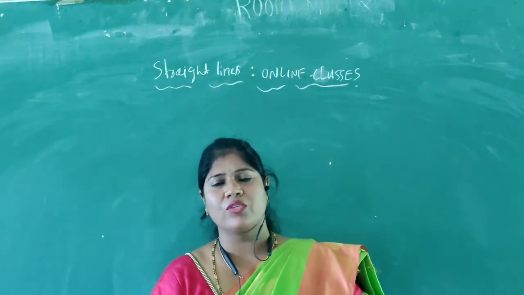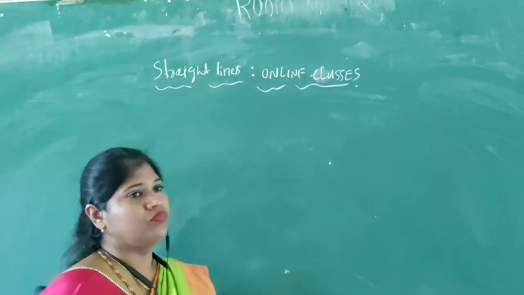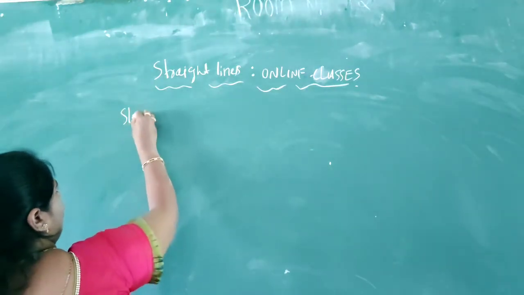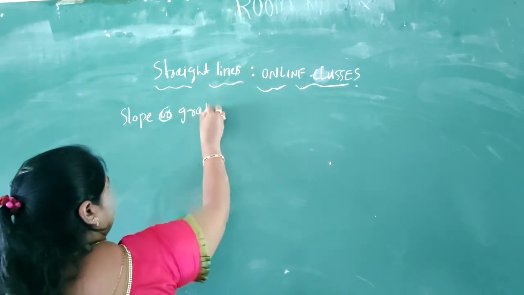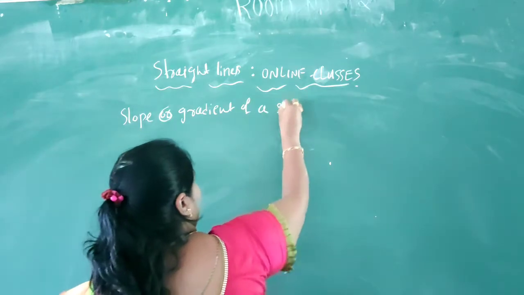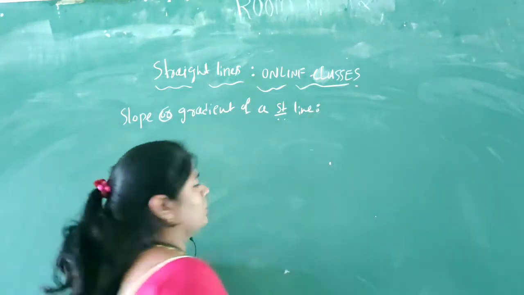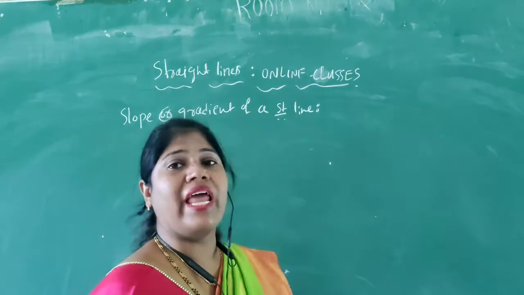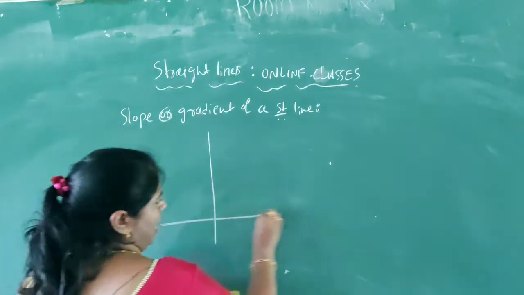Good morning, students. Today we are going to discuss the topic straight lines. First we learn the definition of slope or gradient, the gradient of a straight line. So the definition is: if a straight line makes an angle theta